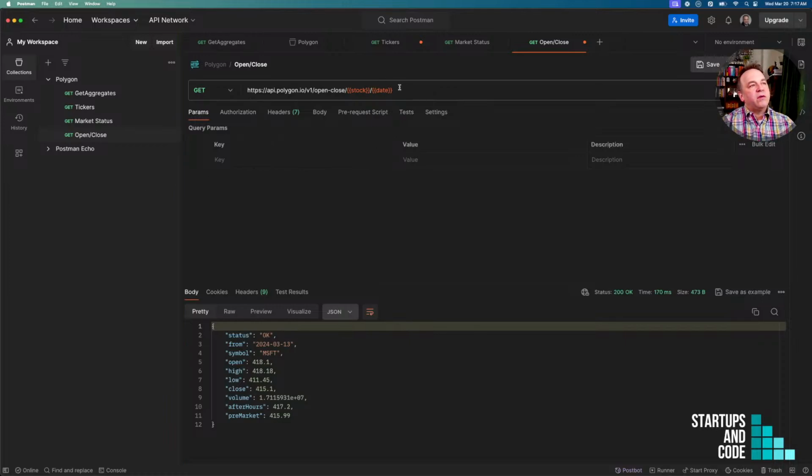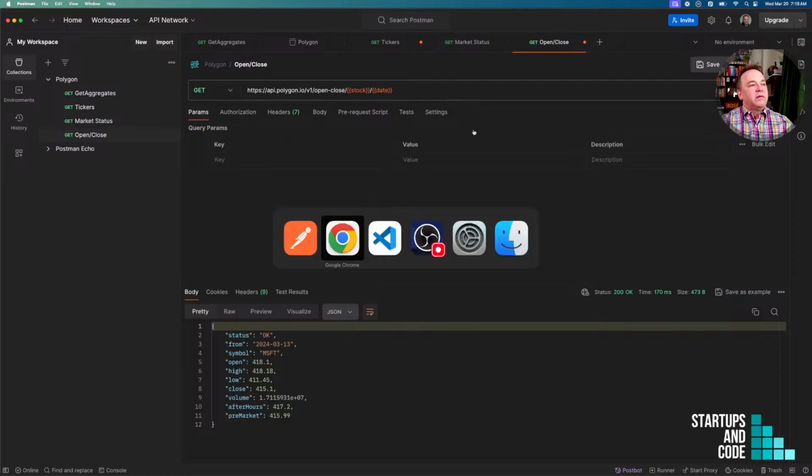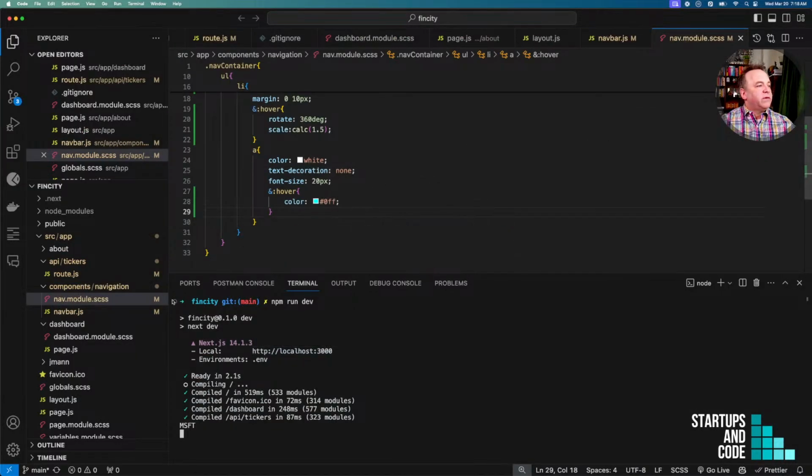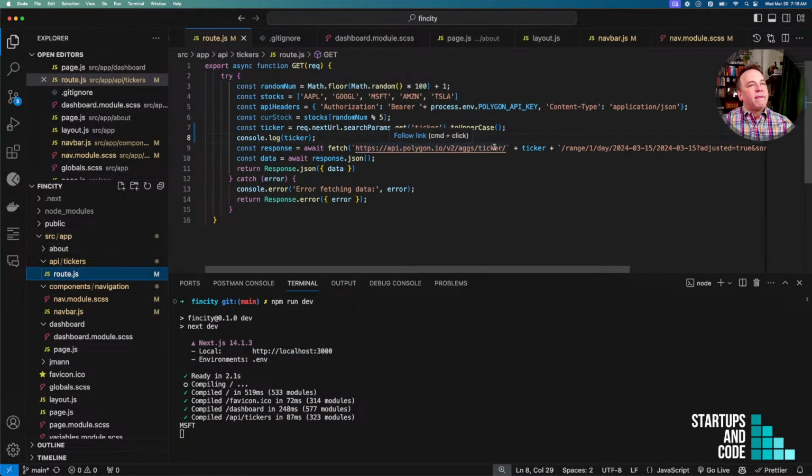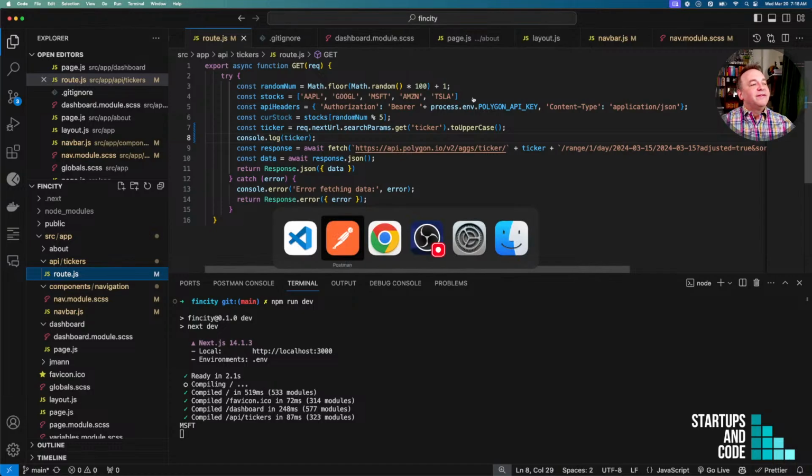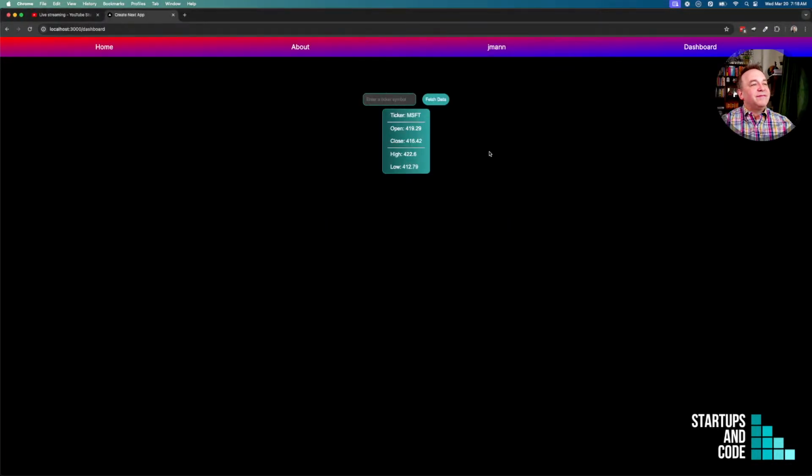All right, so we know how to do that. We know how to get multiple dates. So now what we need to do is make a call that actually returns multiple dates. So let's go back into our API in our route here. Boom. Now remember, I'm setting this in my environment variable. And that will actually be broken right now. So let's verify that. If I enter this,